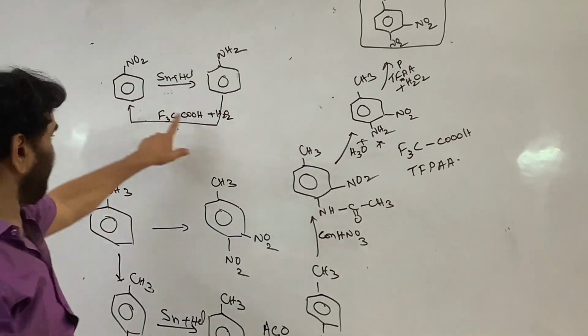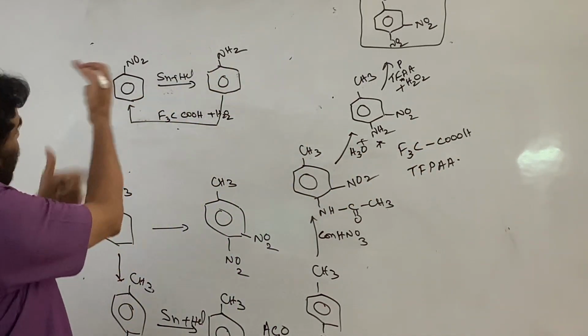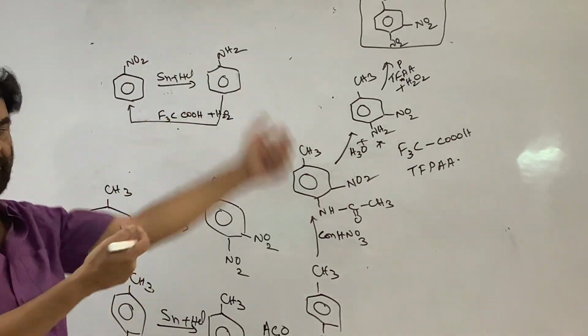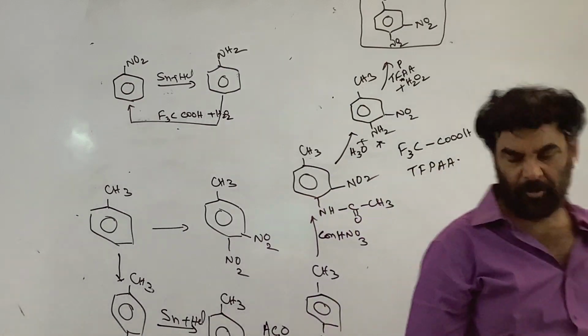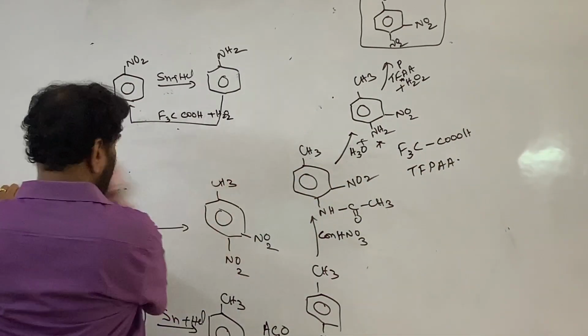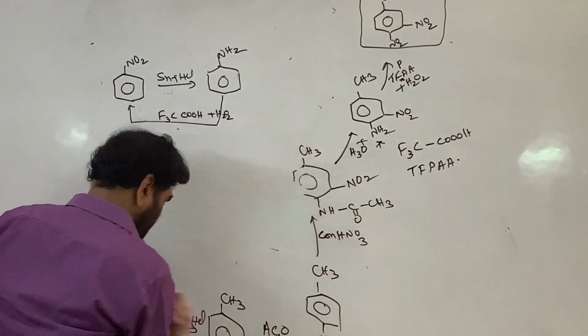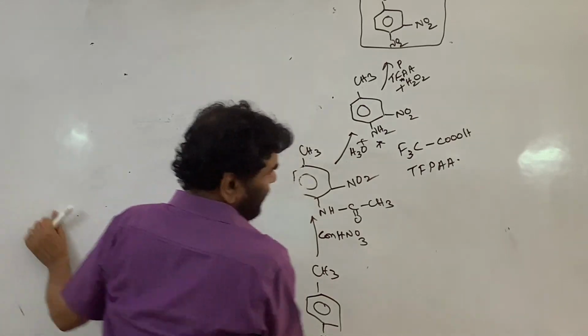It is prepared so that interconversion is possible. So for our convenience, the nitro group is introduced, converted into the amino group to carry out the desired change, and again converted back into this form. Next.